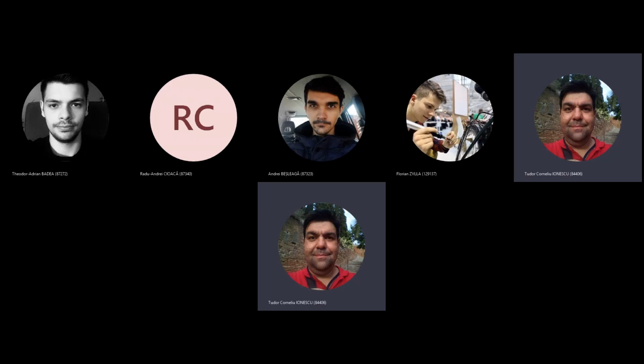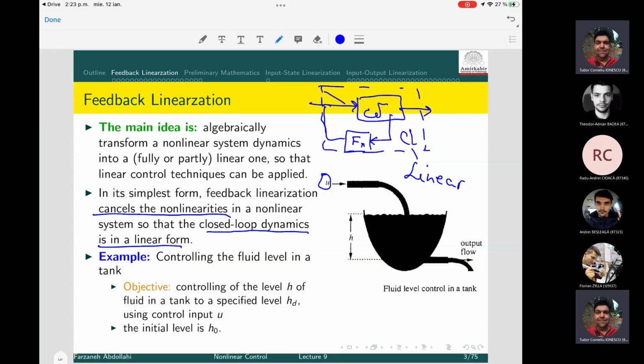Okay, so again, control the fluid level H to some desired level HD in some tank. Designing a specific closed loop control U. In open loop, like I said, you just turn on and off a tap and you watch and measure HD. If you want to do this automatically, and this is what the toilet